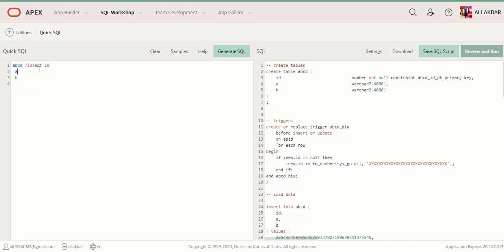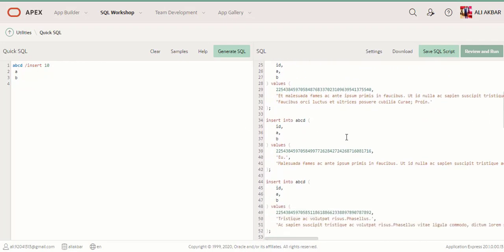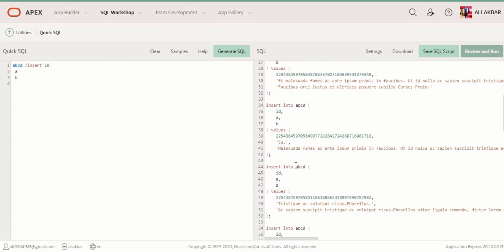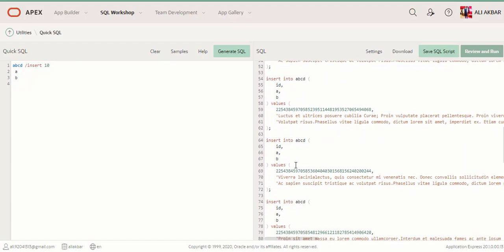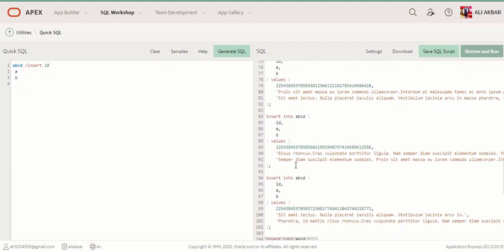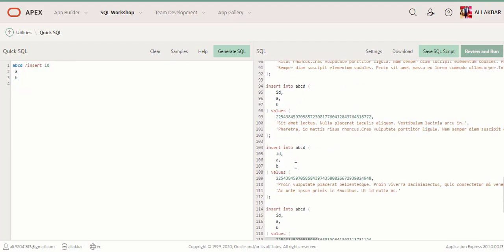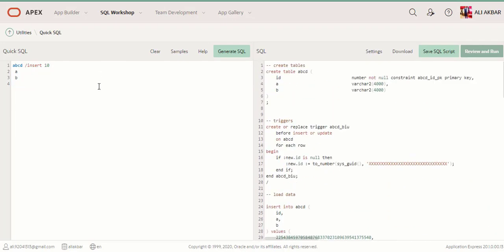It means Apex will create 10 rows for my table. You can see the 10 rows are auto-generated for you. This is a very beautiful feature for a beginner. Okay, I'm just clearing here.